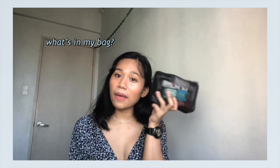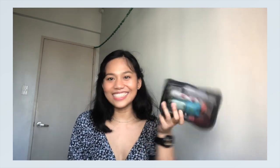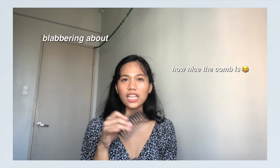And the last thing inside my bag is this pouch. Pero, para mahaba-haba naman yung video natin, i-open ko na lang yung pouch. So, this is what's in my bag and what's in my pouch as well. So, ito siya, guys. Dito muna tayo sa pocket ng pouch. I have my comb. And, mas prefer ko yung maliit na comb lang kasi